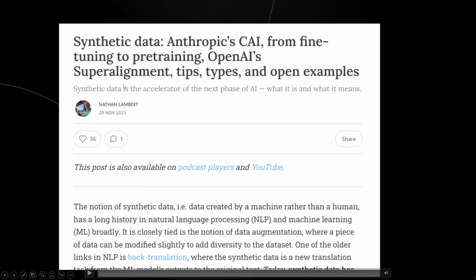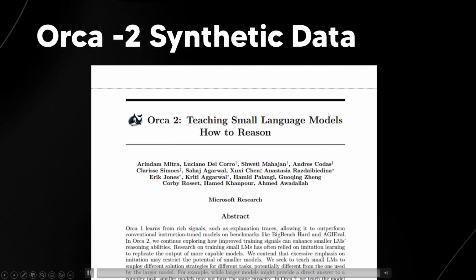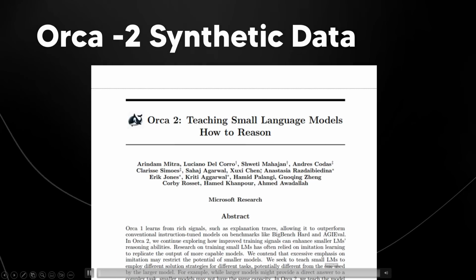Then, of course, we had this really cool article that I will summarize. So it talks about how machine generated data is crucial for the next phase of development, and that it's often used for data augmentation, like back translation in NLP. And of course, companies like Anthropic and OpenAI actually use synthetic data to make AI more aligned and enjoyable to use. And of course, as high quality internet data gets exhausted, synthetic data will be key for scaling AI models, especially for long tail tasks. It's definitely an interesting article, but it is too long, so I will include a link to it in the description. And then, of course, we have Orca 2 synthetic data, which was really cool.